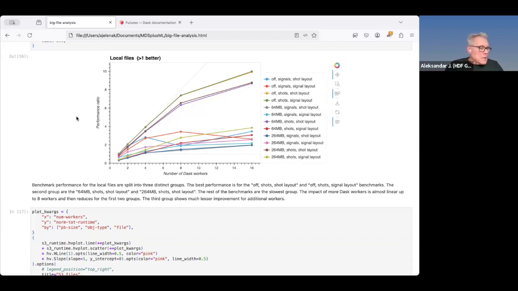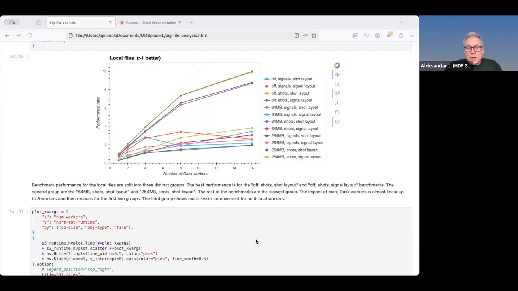I also used a specific file, and then I tried to read the data in two different ways. So I was going by shots, reading all the signals for one shot, and then going to another shot, and then going to another shot,